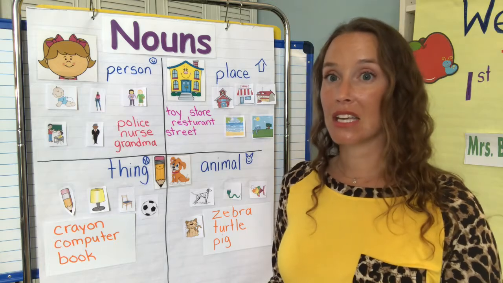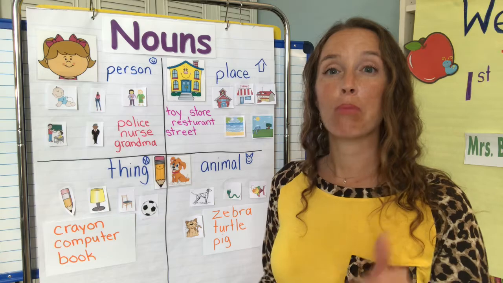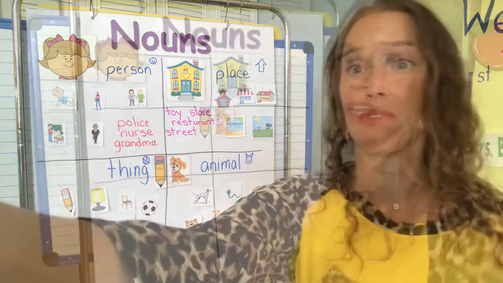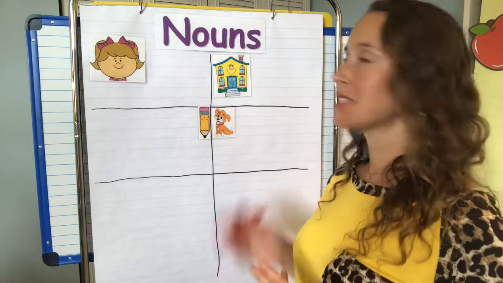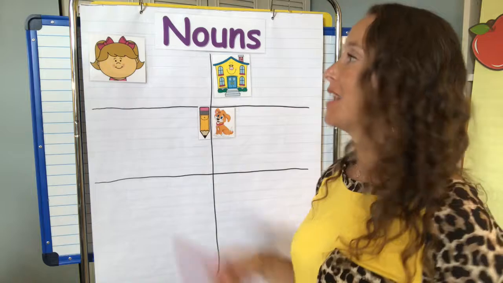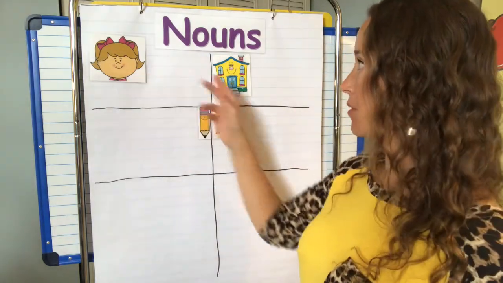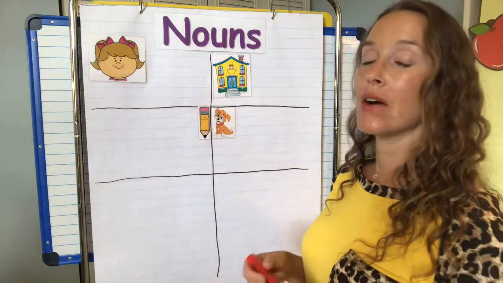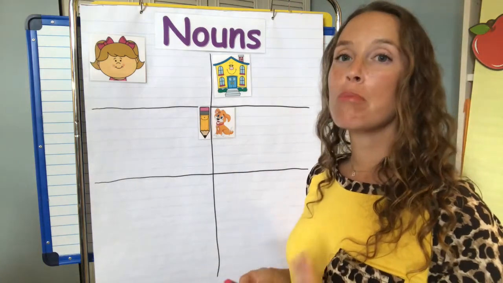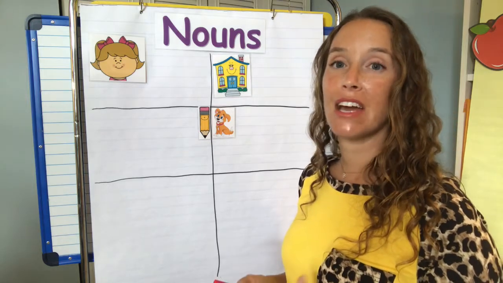So today we're going to take a look at nouns, but we're going to go a little deeper and talk about proper nouns. So I'm going to redo this chart and we're going to take a look. As you can see, our chart is back to being blank. However, we are going to fill it up today. So for proper nouns, they still name people, places, things. However, we get more specific. We start giving names. All proper nouns have to start with a capital letter because it's providing a name.